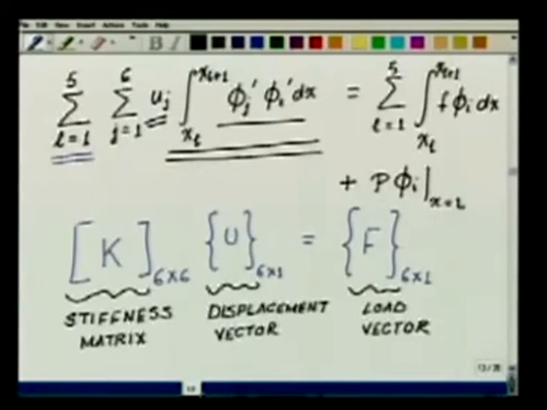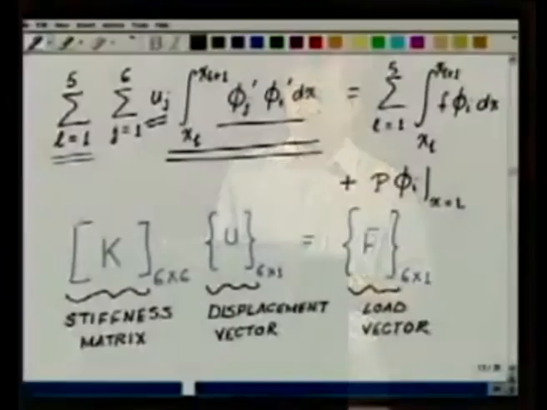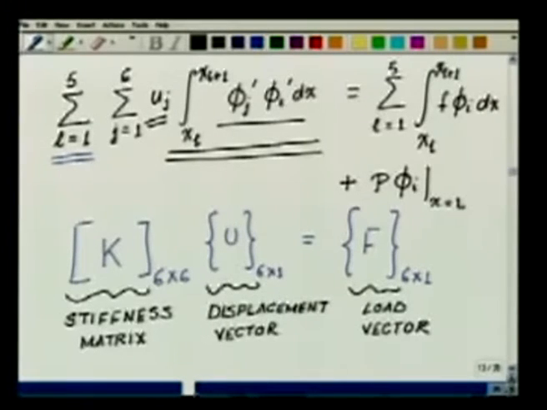So if I now want to find out what the entries of the stiffness matrix are, it is very simple. Looking at this expression here, what do we have? We have I rows, which is 6 rows, and 6 columns. Where do the rows come from? Rows come from substituting W with phi I. W equal to phi I gives us the ith row, and the jth column of the ith row comes out of these phi j.